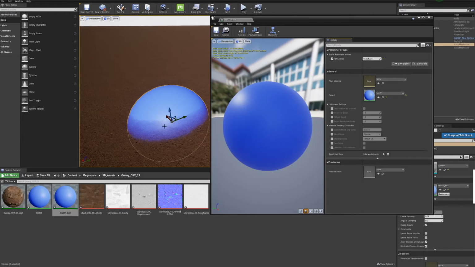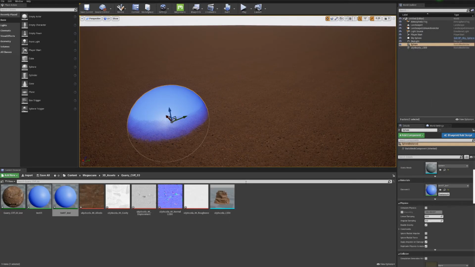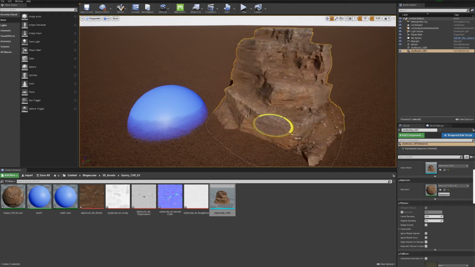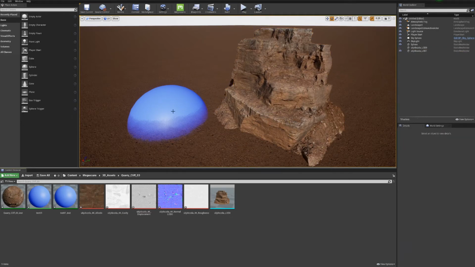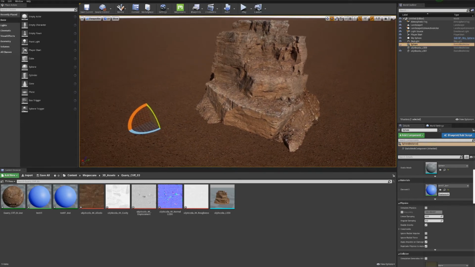If it's something that's contrasting in colors, it would be really telling if you use this. So what I'm going to do is we're going to use this asset right here. I'm going to rotate it because it's backwards. And you can see that the asset does have a seam. Let me just get rid of this sphere. Around here, you can see that there's a clear seam around our asset and it's clearly not